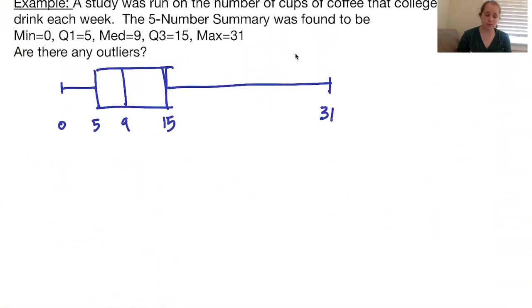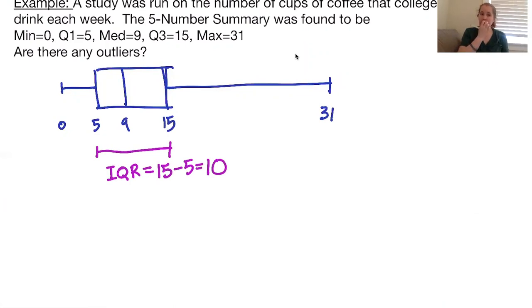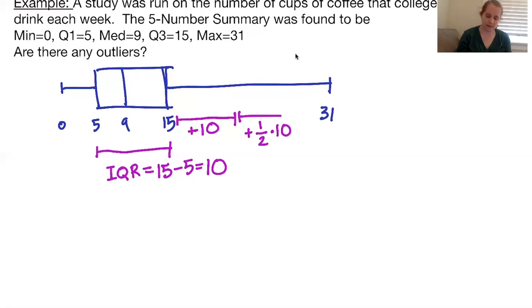So what we can do is simply figure out precisely what we're looking at. So our IQR is 15 minus 5, or 10. To figure out if we have any outliers, we're going to go one copy of the IQR. So we're going to add on 10. And then we'll do another half. So if we add on 10 and half of 10,